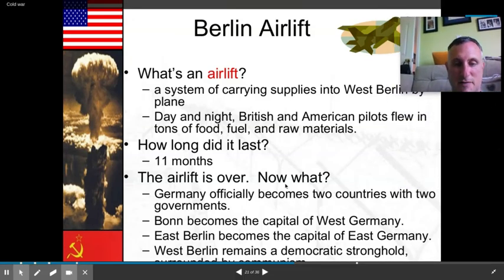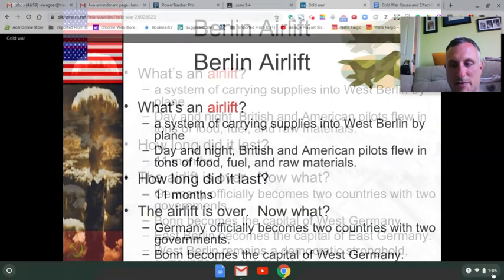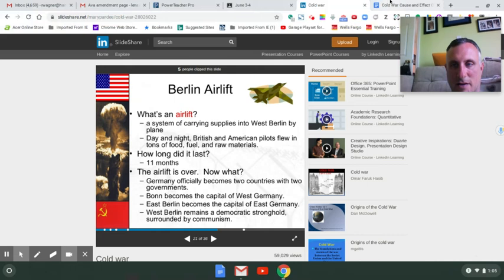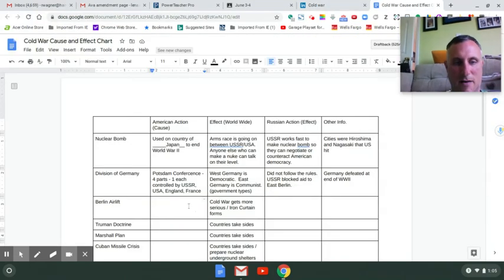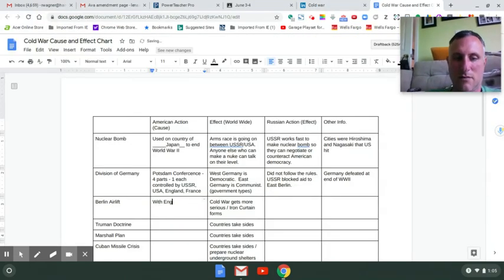11 months, Germany became 2 countries. So basically, it's what makes Germany become 2 countries. So then I go in, shrink that down, Berlin Airlift. With England, we send in airdrops for 11 months to help starving people